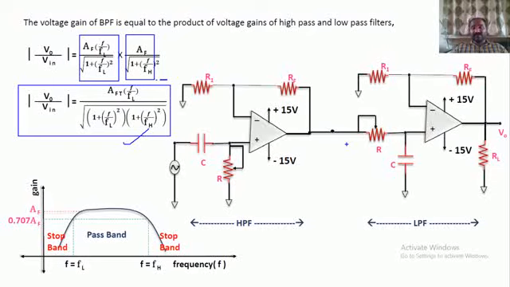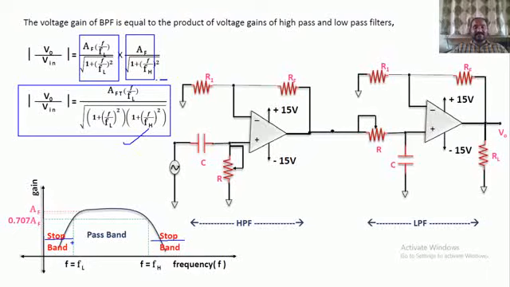For this particular one, we have the high pass and low pass. Now the frequency response, the graphical representation of this wide band pass filter, is this one. As I told you, when the input signal frequency is less than the low cutoff frequency of the high pass filter, it acts as a stop band. Means the frequency components from here to here are not accepted, and the frequency components after the high cutoff frequency of the low pass filter are not accepted.